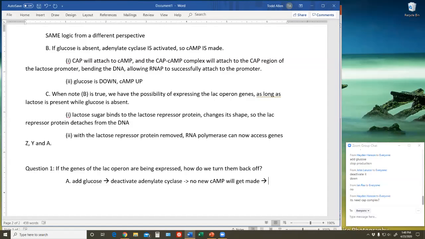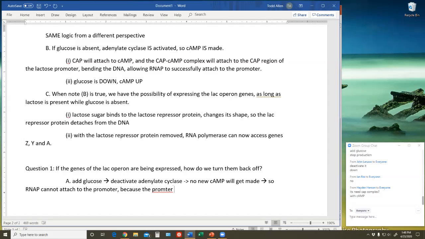Correct, Hayden, because RNA polymerase will not be capable of binding to the promoter because there will be no CAP cyclic AMP bound to the promoter, twisting it so that RNA polymerase can attach. That is correct. So let's finish the logic here. No new cyclic AMP will get made, so RNA polymerase cannot attach to the promoter